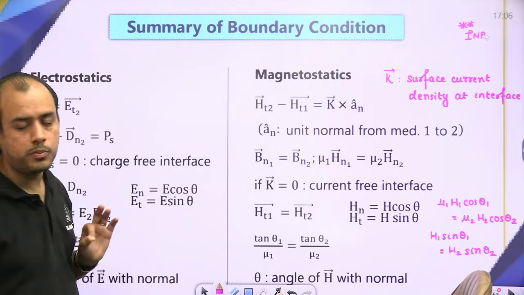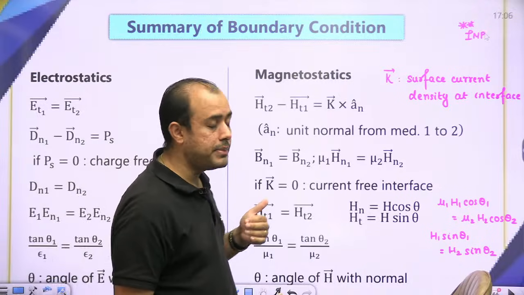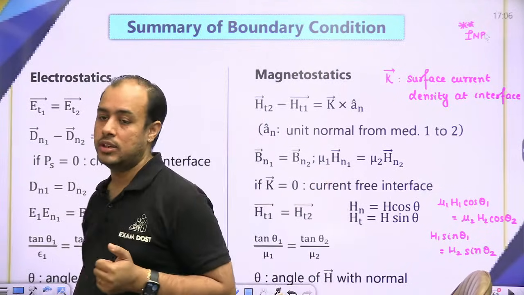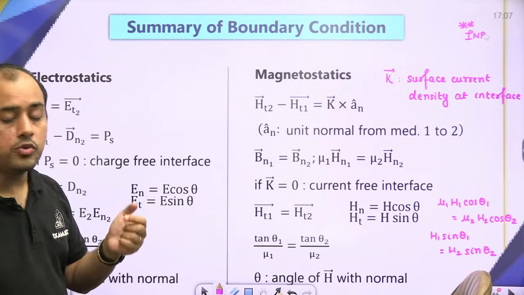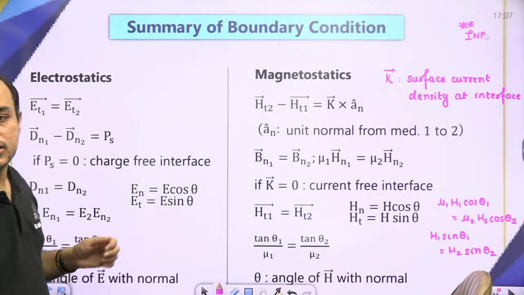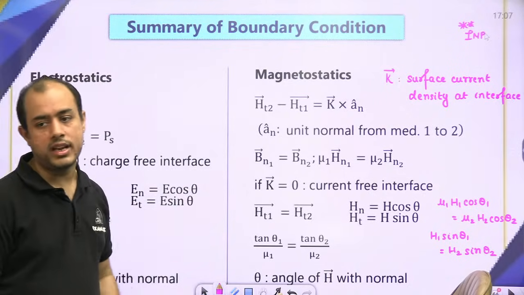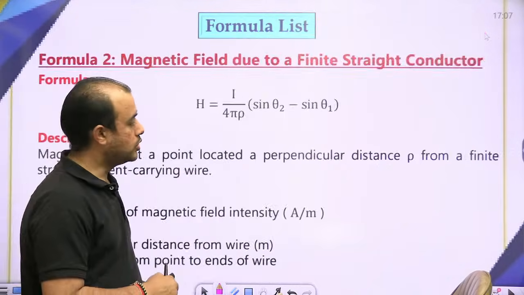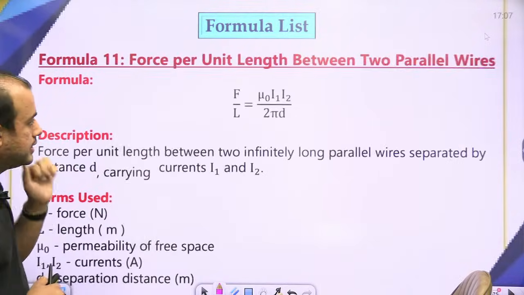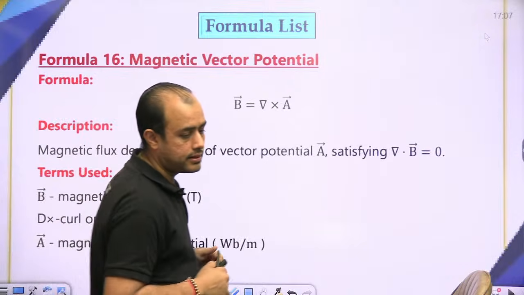Okay, that will give you bn. And if the medium 1 is z greater than 0, medium 2 is z less than 0, then normal from 1 to 2 will be in minus az cap. अब आप वैसे लीजिए, तो नॉर्मल लेना है 1 से 2 के लिए, ठीक है। तो दीज आर द फॉर्मूलाज बेटा जो भी मैंने आज आपको बताया है, ठीक है। ऑल द फॉर्मूलाज आर हेयर।